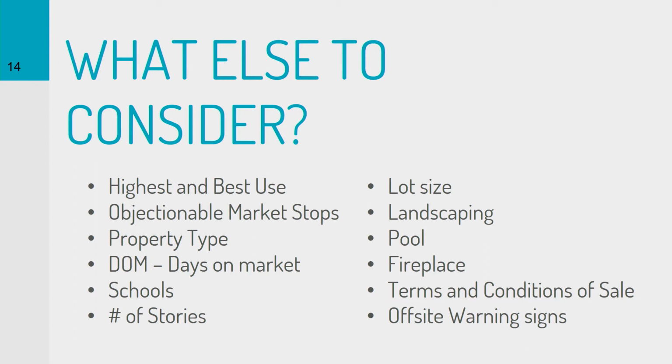Now, as you start realizing that this seller is probably in line with what you're looking for, there's a long list of other what-ifs that you might want to take a look at, such as highest and best use for the property. Is this property best served as a 5-acre lot with a mobile home on it? Or is it best served as being subdivided out into 1/4-acre lots with single-family homes on them? You may not always run into this particular scenario, but what is the highest and best use for this property?